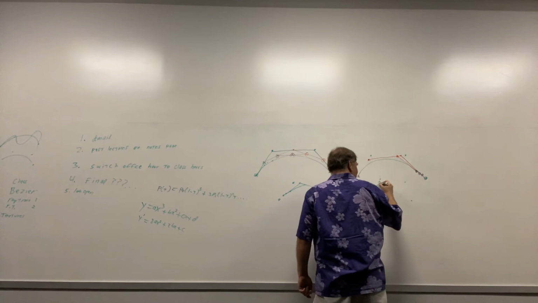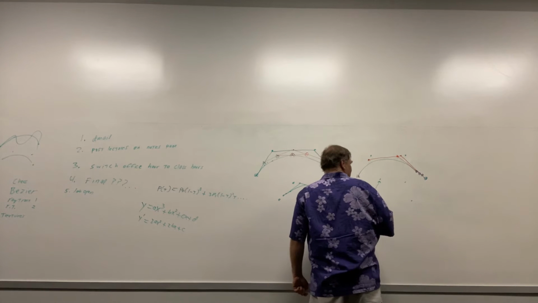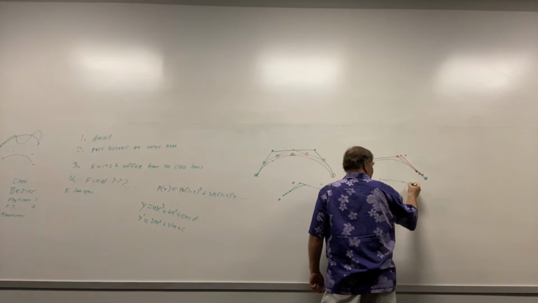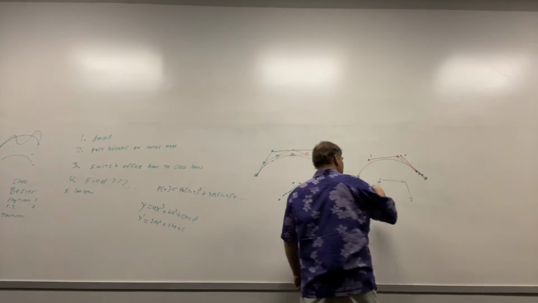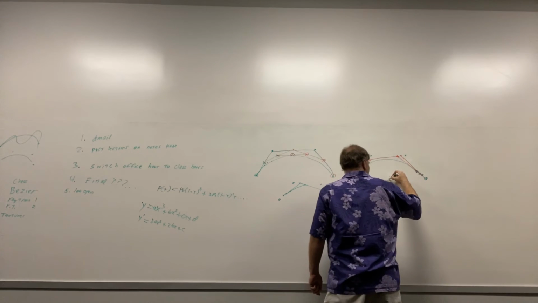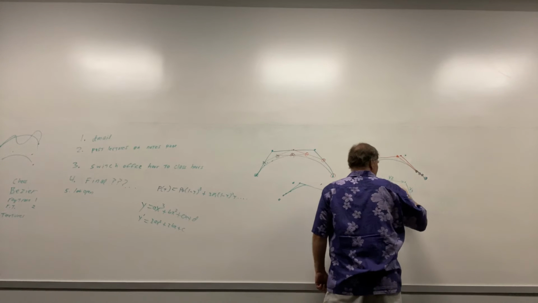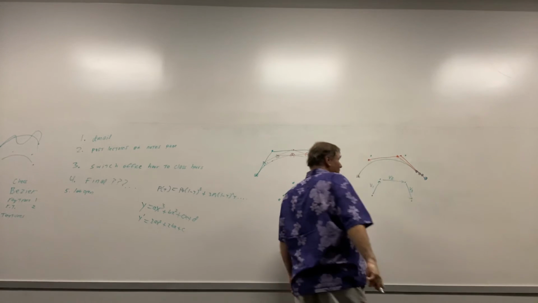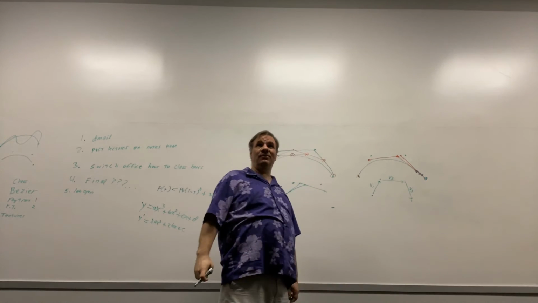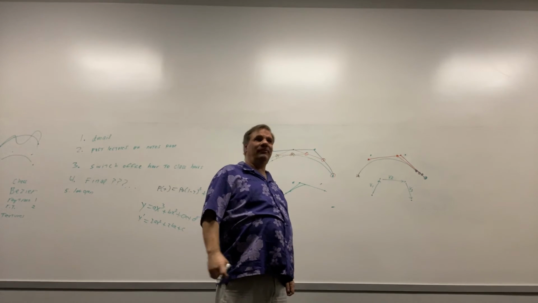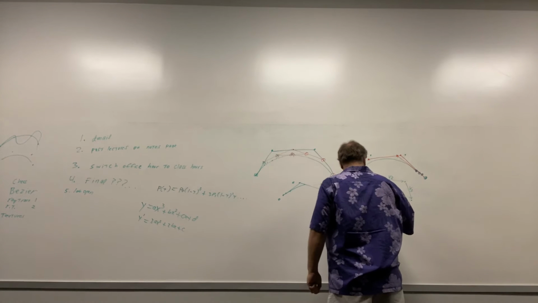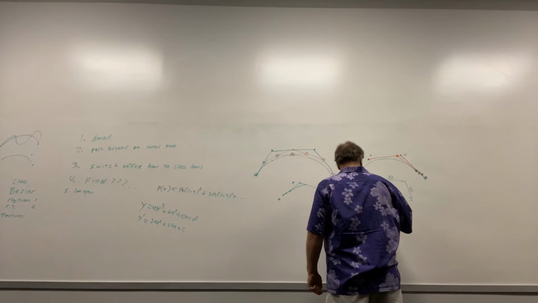Because if you find this vector, and this vector, and this vector, v1, v2, v3, those are the points that you use to construct the derivative curve. So the derivative curve is the derivative curve, we'll call it,